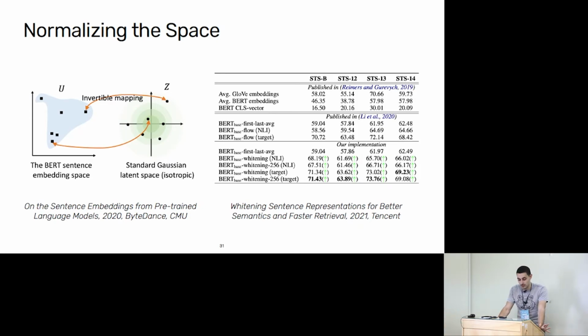The two most interesting papers both come from China, one from ByteDance and the other one from Tencent, 2020 and 2021. The first one was introducing the concept of normalizing flows, and the paper and the network was called BERT flow. This was later improved by the procedure which is called whitening. To me, it seems like just adding a singular vector decomposition into the propagation of information through the neural network. So they do both the dimensionality reduction and add some properties into the flowing signal.